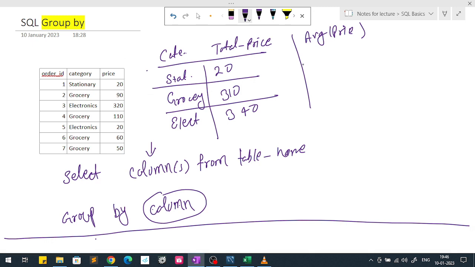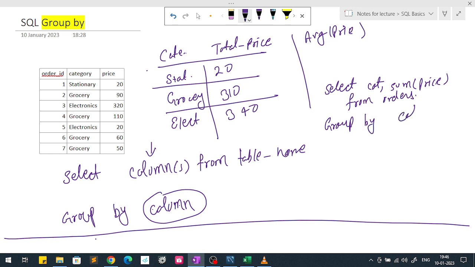category. And now let's say you want to see the total price of those categories whose sales is more than 100, or whose total price is more than 100. So what will you do? You can select two column names, category and sum of price, from the table name. Let's say this table name is orders, and after that you will use group by and then category. Okay,